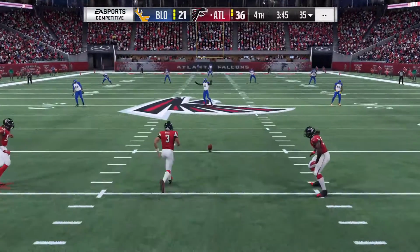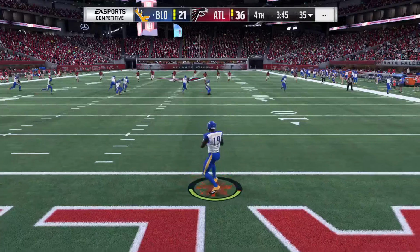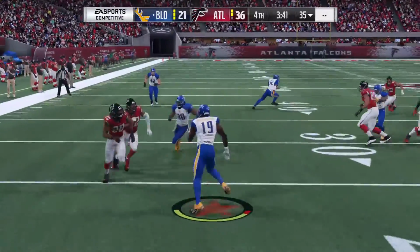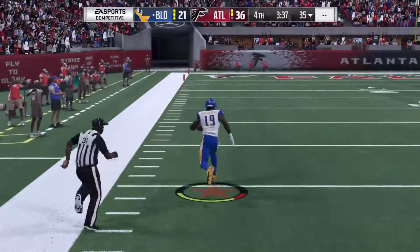So the defense gets the stop. I know it's situation to situation, but who has more pressure there, offense or defense, when they go for two? I truly believe it's the defense has more pressure because the offense has an entire playbook wide open from the 2-yard line. You can run it, you can...